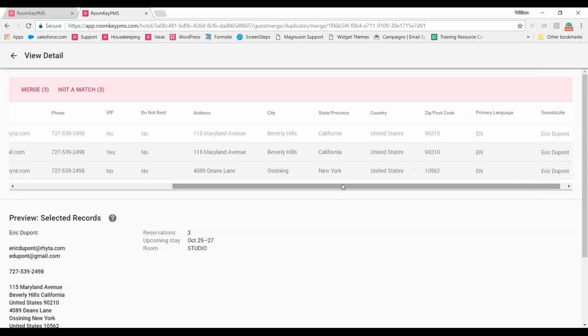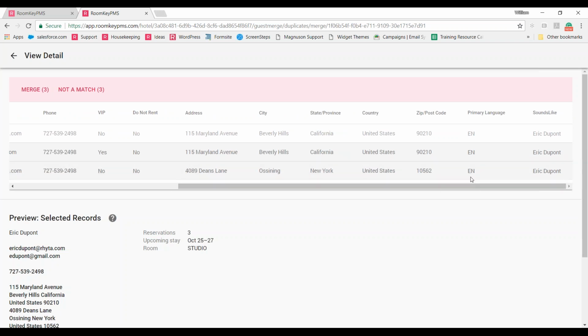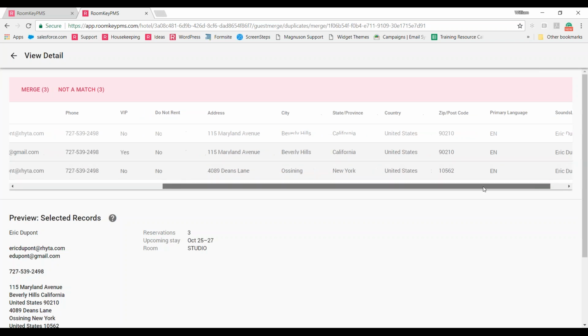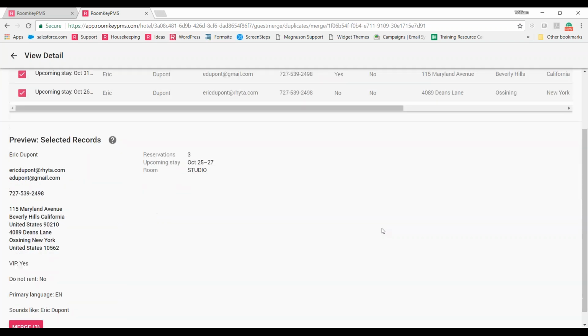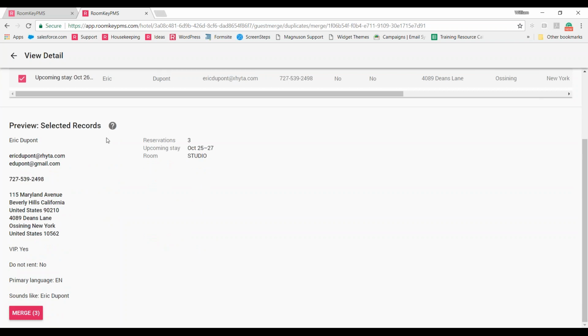We have the address, city, state or province, country, zip or postal code, and we have some additional information on the primary language and the phonetic sound of the guest name. Scrolling down, you're going to see that we do have a preview of the selected records. So we have the first and last name of the guest. We have some stay details here for how many reservations they have upcoming, the next upcoming stay, the room type it's booked for, and then on the left-hand side, we have the overview of the final outcome of the guest